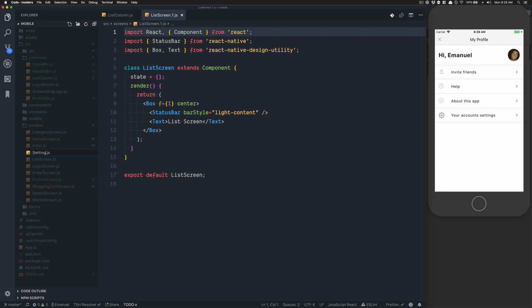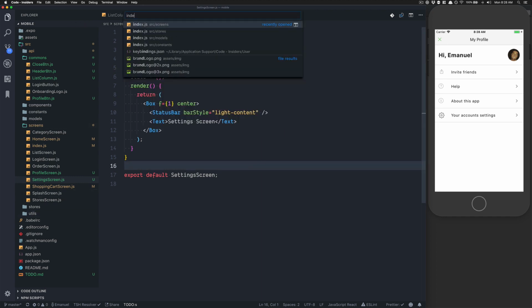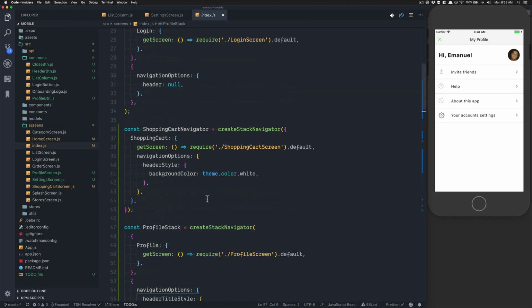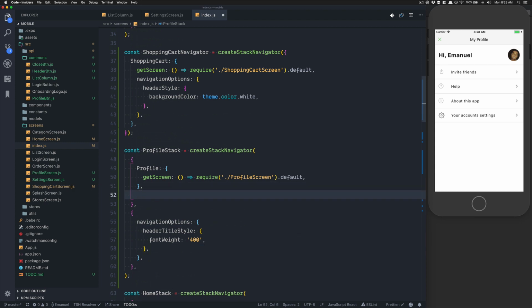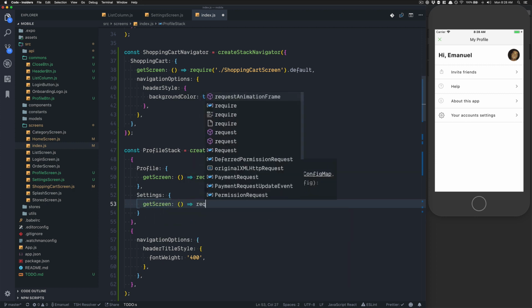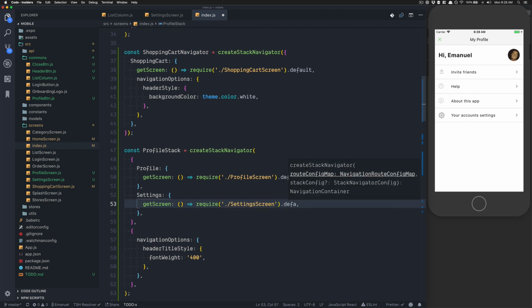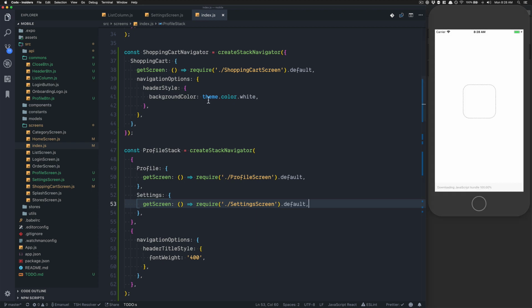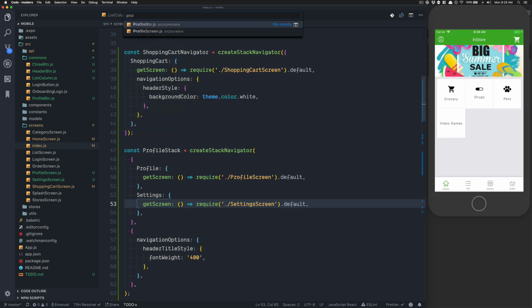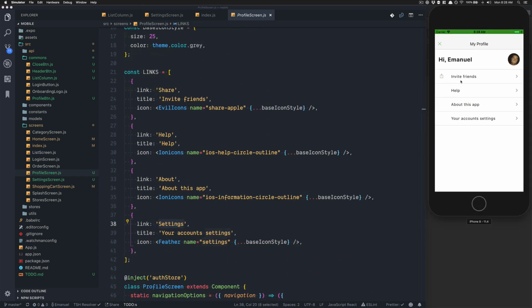We're going to change the name here to be setting screen, settings with an S because many settings. We're going to change the list here to be settings. And now if I jump back to my index.js inside my screen, inside the profile stack, I'm going to add the settings, get screen, the default, like that. So now the setting, because I say here to my link settings, now if I click on L,